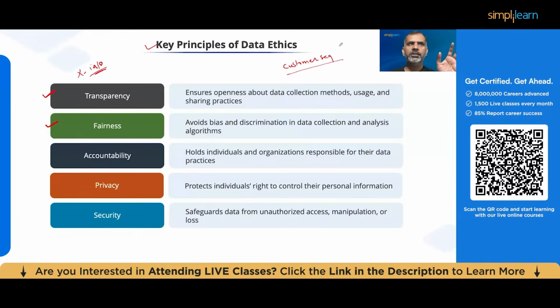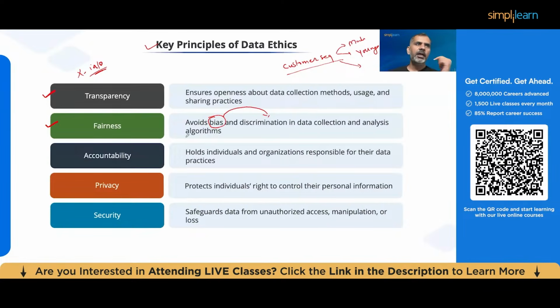It's not that you are only targeting male customers, or only young customers, or only customers from a specific demographic zone. If you are doing these things, that means you are introducing some biases into the data. And when you introduce these biases, you are discriminating against other factors of the data from taking